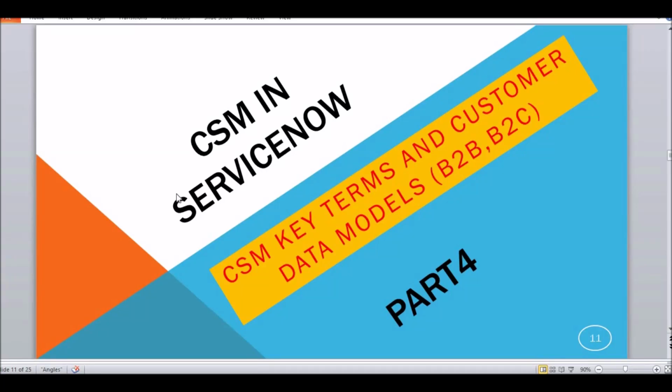Hello everyone. In this session, we are going to learn the CSM key terms like account, product, install base, and other terms, as well as what customer data models we have. We have B2B, B2C, B2B2C, and so on. We will learn all those models, and along with that, we will also